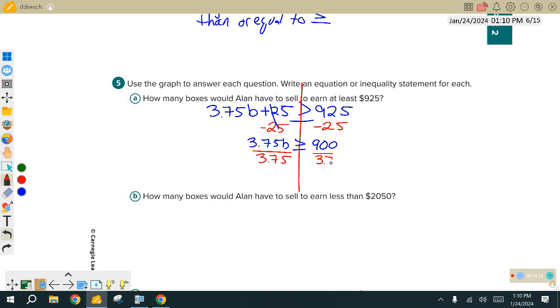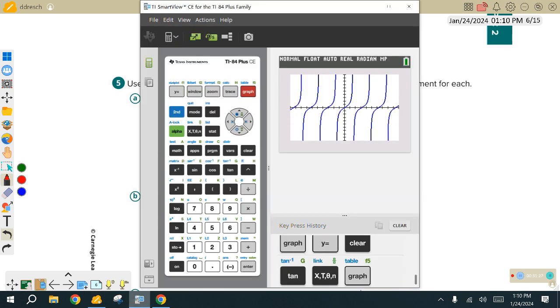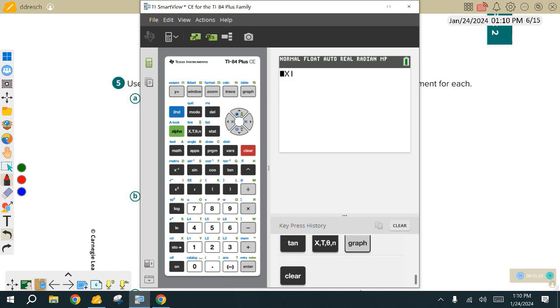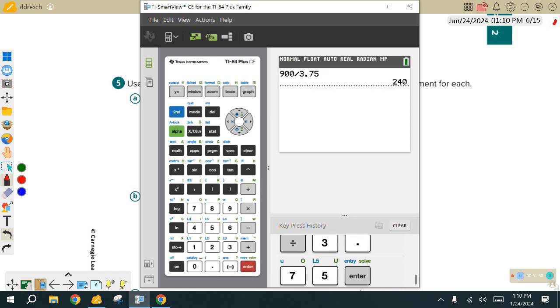Now this is where your calculator would come into play, because dividing that is not very nice. Where I'm doing multiplication, just like we've been doing and doing and doing. And we're not flipping this inequality. Yeah, that was some work we were doing earlier. 900 divided by 3.75. That means